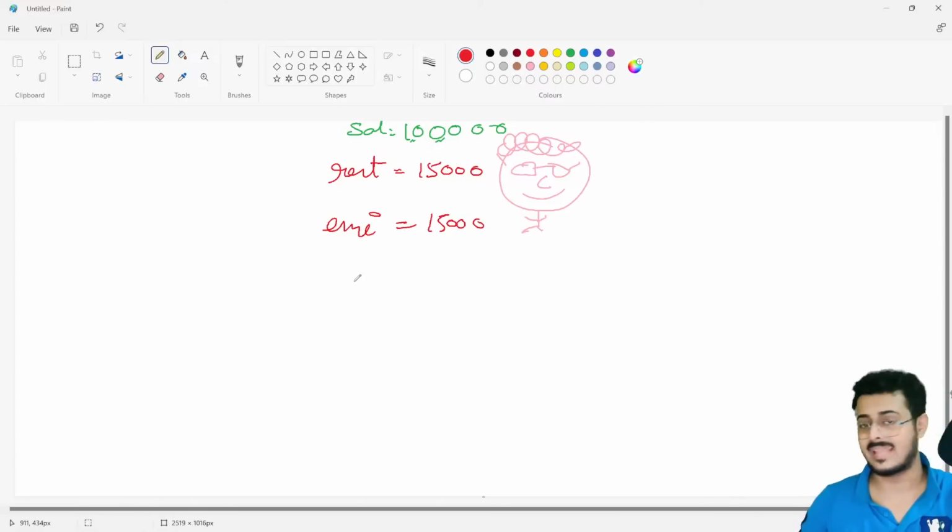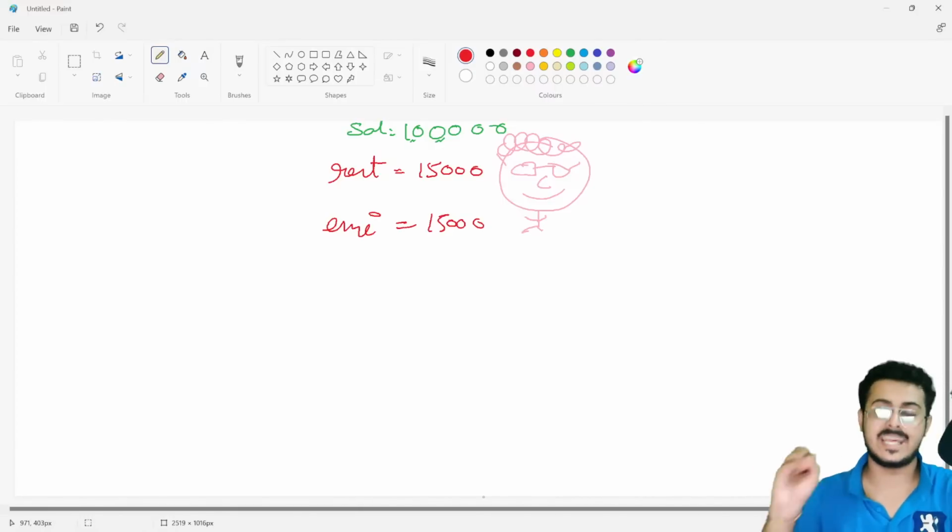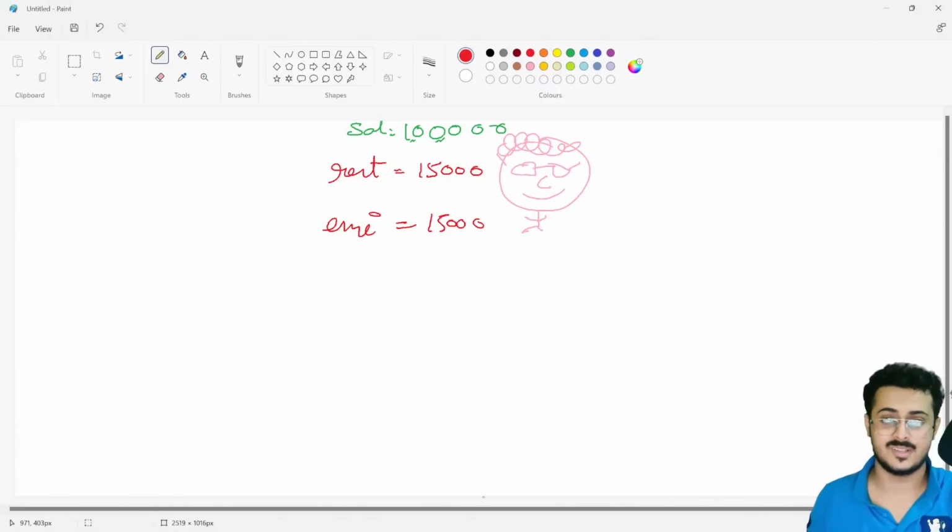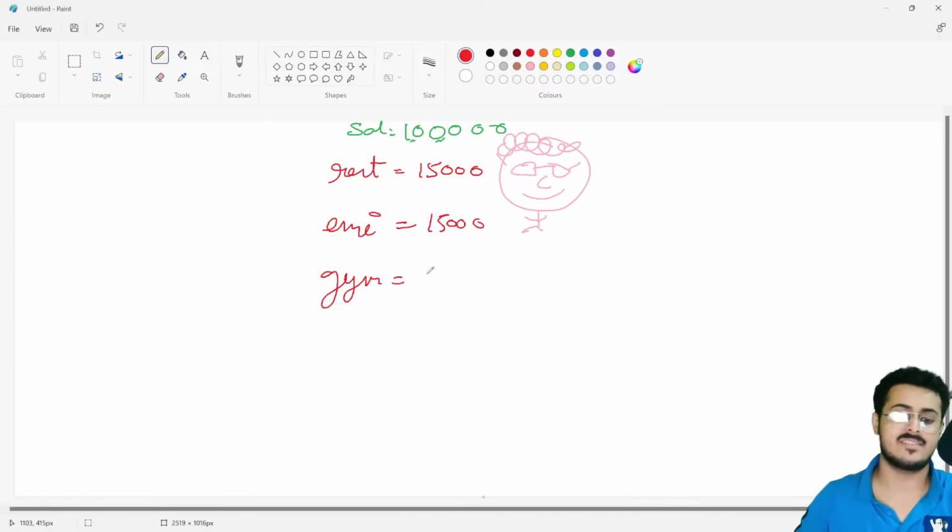to the gym as well. 99.99% of the software engineers take up a gym subscription. Okay, I'm not saying that they go to the gym regularly, but they definitely take up a gym subscription. So right over here, gym. You are having a gym subscription for, like, say, 5,000 rupees a month. So all these are basically your expenses, your salary and everything.